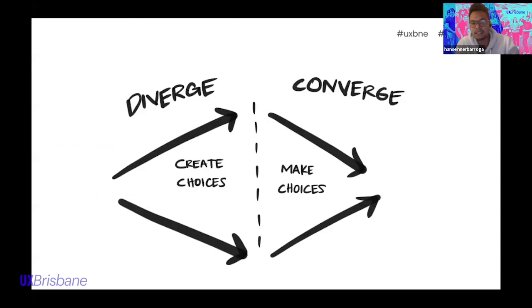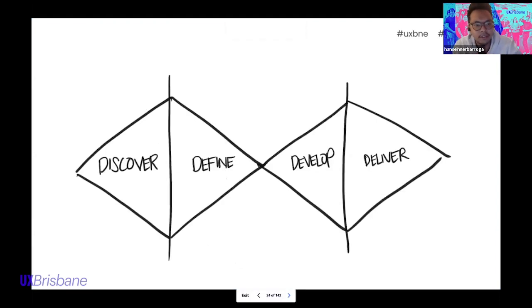Basically what it is, you're taking individual perspectives from lots of different people, and you're encouraging these diverse thoughts and ideas to create these choices, to explore the opportunities. That's that divergence that happens. And then when you come together, you're looking at these ideas and finding themes and patterns and similarities.